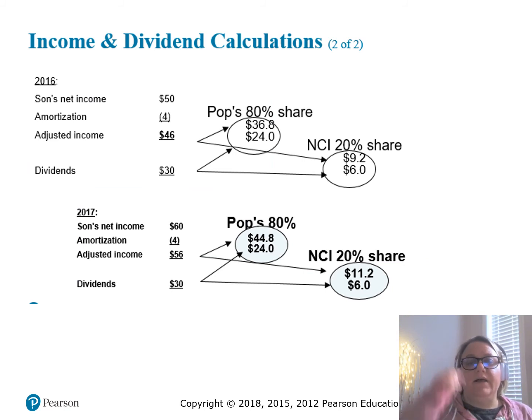Okay, so now again, 2017, this is the most important slide that you will see and work on. So let's just look really quickly at 2017 for review of the breakdown from the controlling interest and the non-controlling interest. First off, Pop owns 80%, so we're going to take this 56 here just to show you again, and I'm going to just put my phone up so you can see. 56,